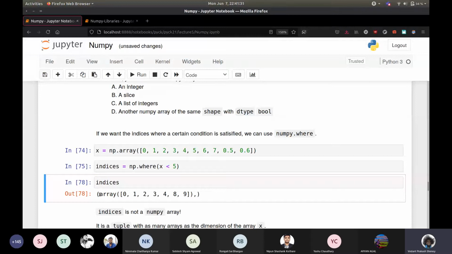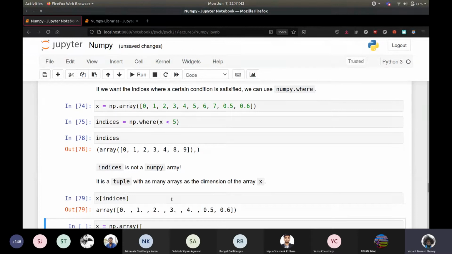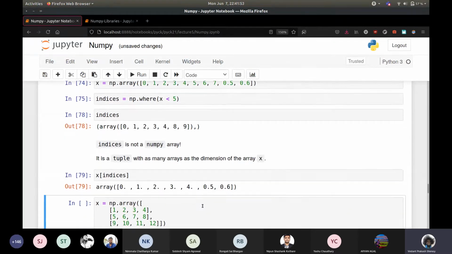If you had another dimension, which we'll see later, you would get another array in this tuple, so you'll have a tuple with 2 elements. And if you do x of indices, it behaves the same way as you would expect, even if you give a tuple like this.